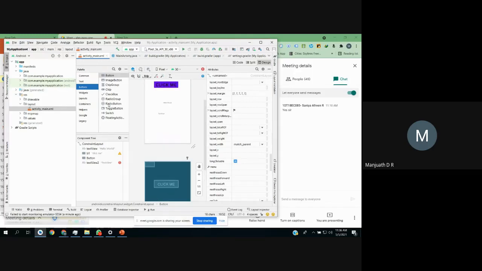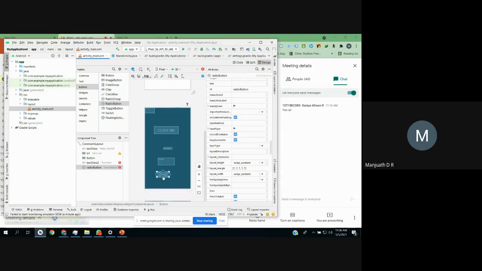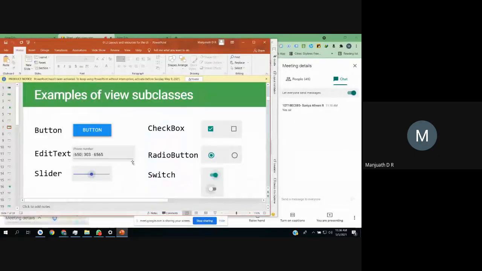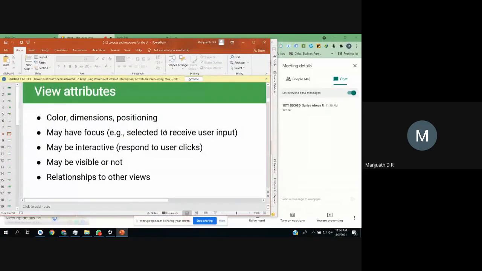Assume I am going to use a radio button. You know that a radio button is a round-like structure, but you can see in the blueprint it is also a rectangular-like structure. So all views are rectangular-like structures. If you use a switch also, it is rectangular. Radio button also, you can see in the blueprint. And I told you that each view will have